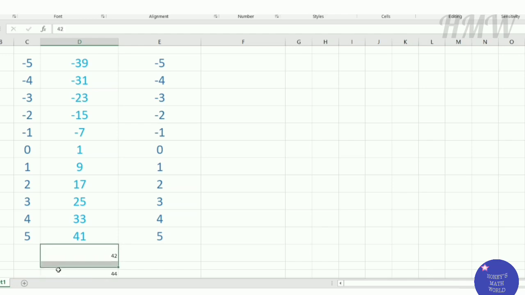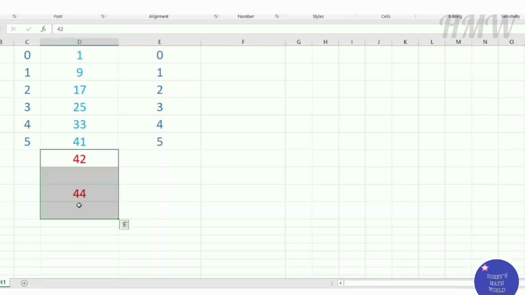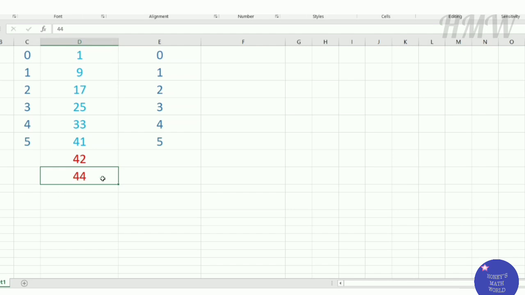Suppose your friend gives you an answer 42 or 44, some even number. What will you do? How do you find the original number? The rule is, from the output you have to subtract 1 and divide by 8. So the output given by a friend is 42. Subtract 1 and divide 41 by 8. You will not get an integer as an answer. So where did you go wrong? The reason is your friend maybe tried to fool you, or he may have made an error.